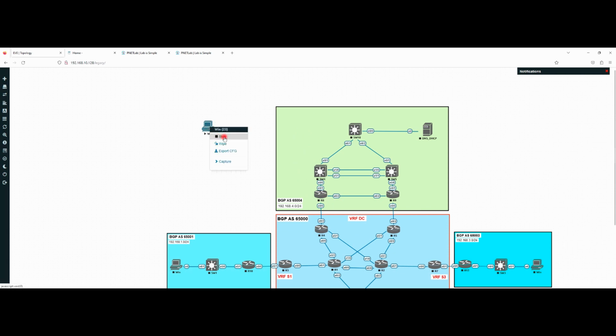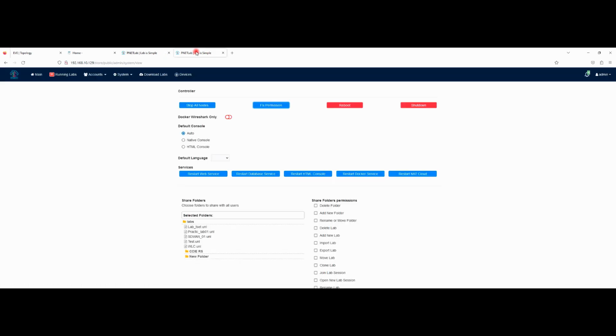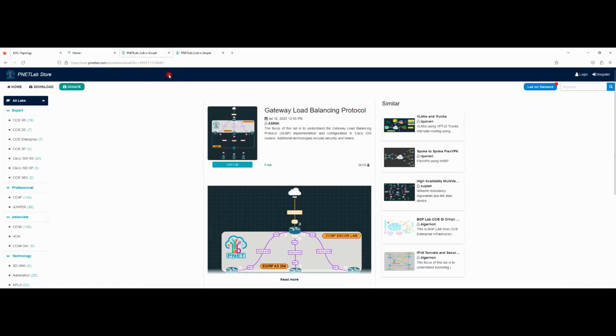And stop. One thing more that I should tell you: exporting the configuration is actually not working on the Windows machine. Let me stop that and try it. Export the configuration. You can see it says not supported, but it will be supported on EVE-NG and on